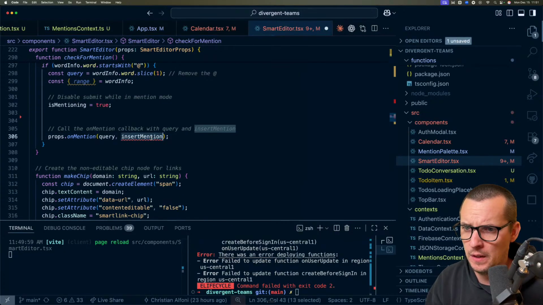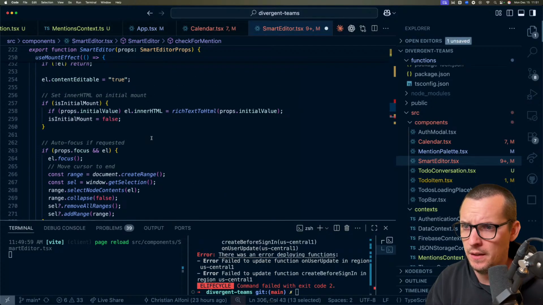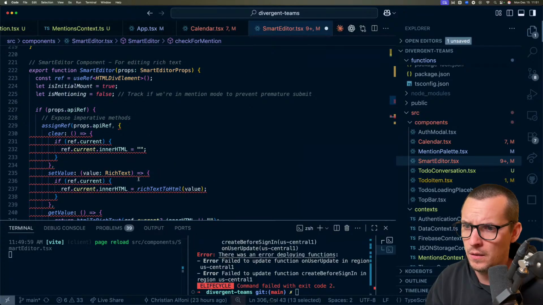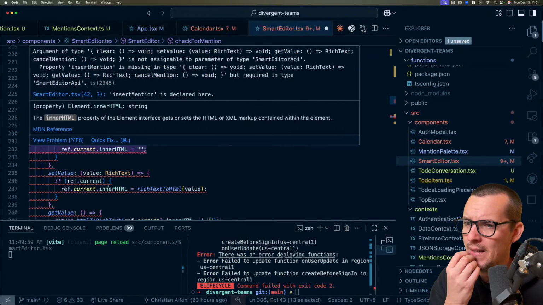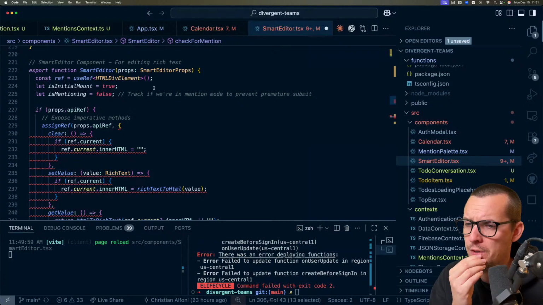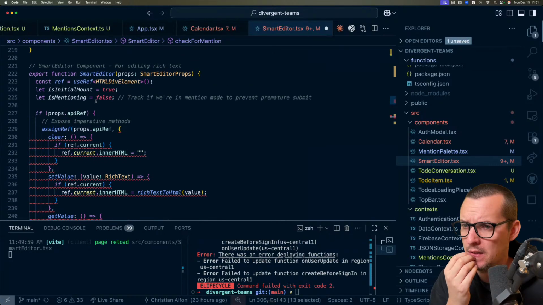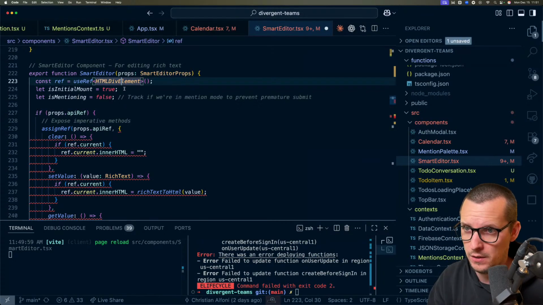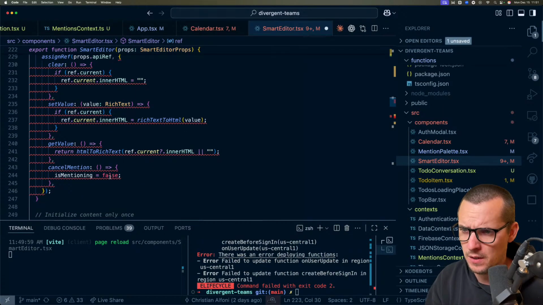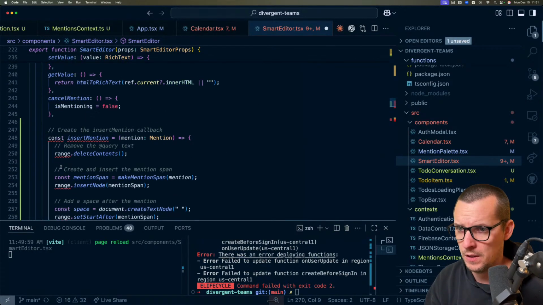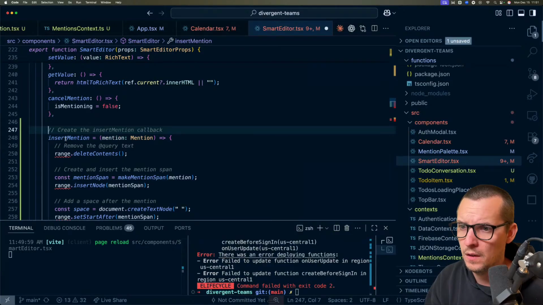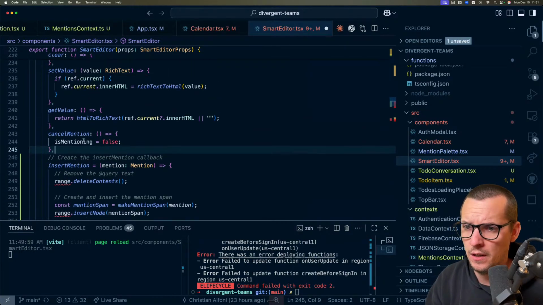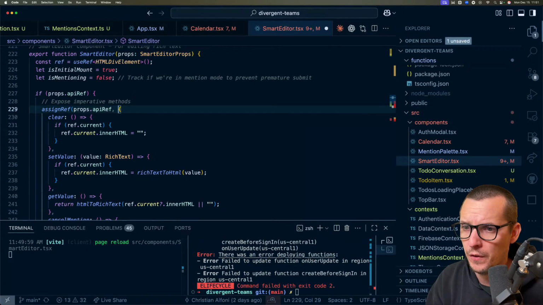So where is the API created? It's on props API ref. Okay, I think we should create the API and then we can assign it. We're gonna create the API regardless. So let's just put insert mention here first. Problem is that it needs that range. We're gonna fix that, but we're also gonna fix